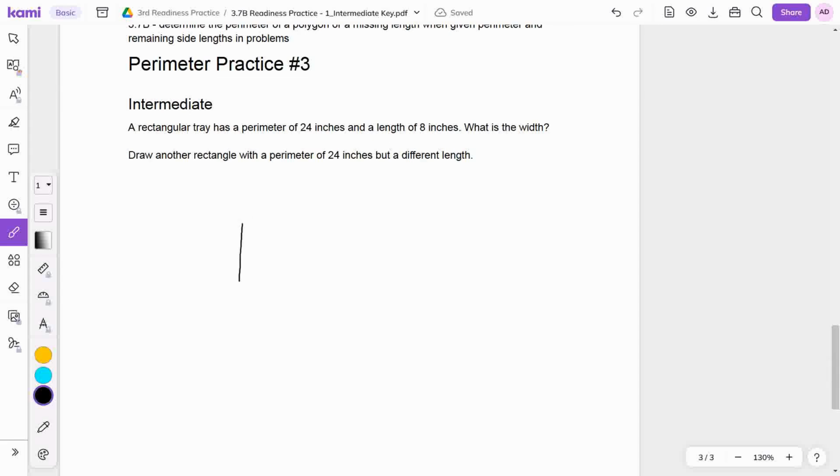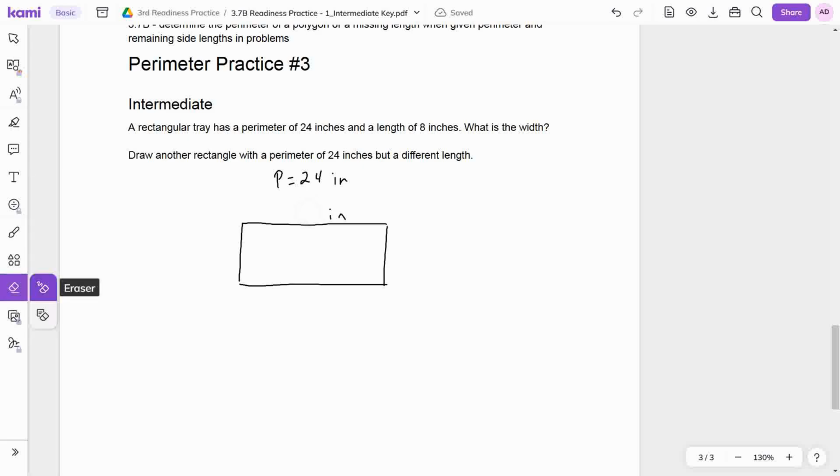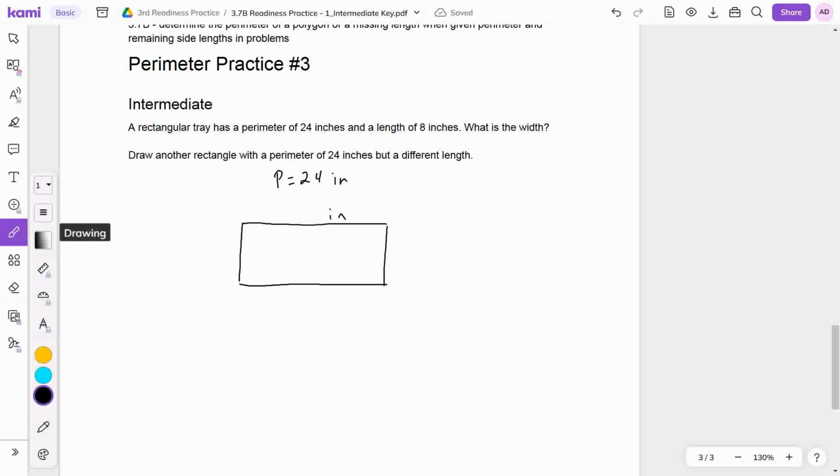So we've got a perimeter, and we've got 24 inches all around. So I'm going to put P equals 24 inches. And we'll say this is the length, 8 inches. Now, if we know that that's 8 inches, we know this is a four-sided shape. So remember, perimeter equals length plus width plus width, 4 sides. My length is 8, so I'm going to say perimeter equals 8 plus